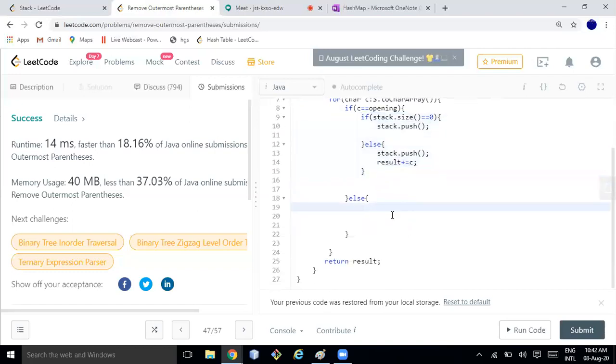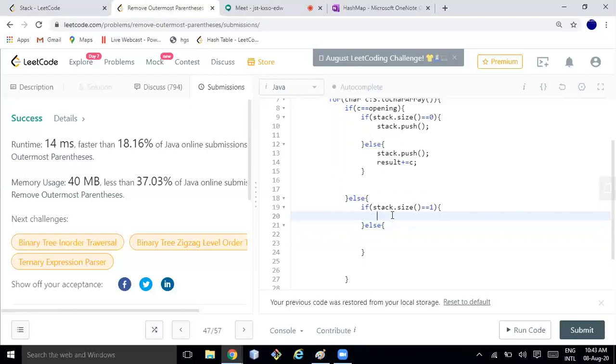In the case of pop, I have two conditions. If stack.size is equal to 1, there is one scenario, and there may be another scenario also. I'll see how it goes on.